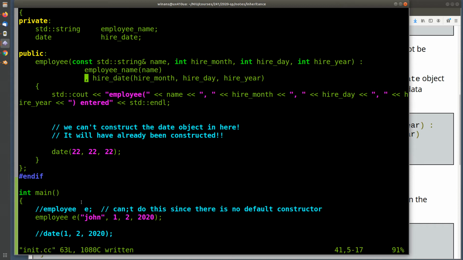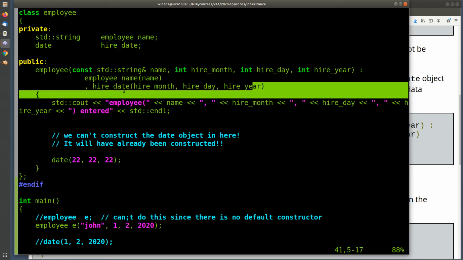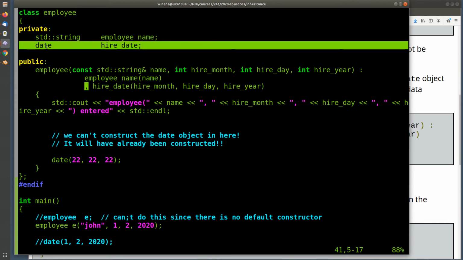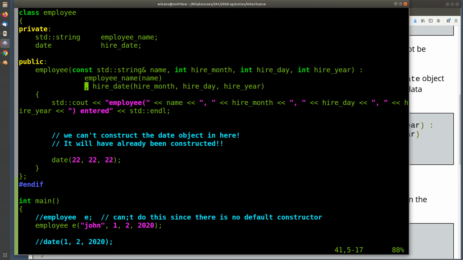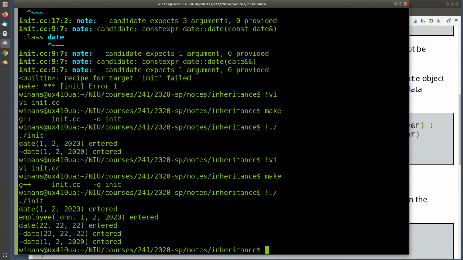All right. And we're going to construct an instance of the employee object right here, right? Class employee. And we're going to pass it John and these 3 values. It'll create the string. It'll construct, I should say, the employee name string with the thing that I pass in with this variable there. It'll call the constructor of the date object on behalf of this member variable and construct it with these 3 arguments here. And I'll go ahead and leave this one in down there as well. And what you'll see here is that it will